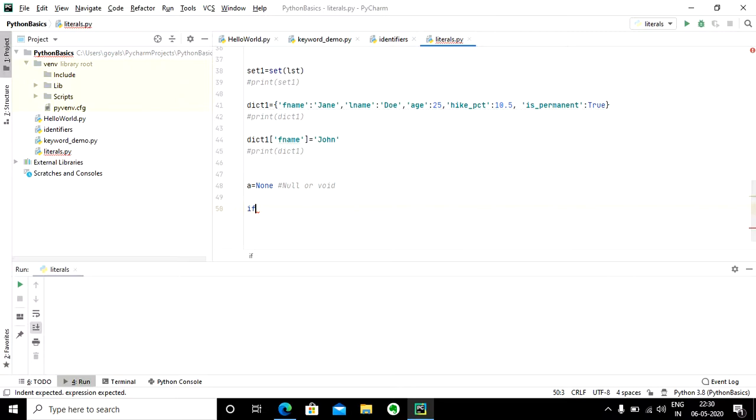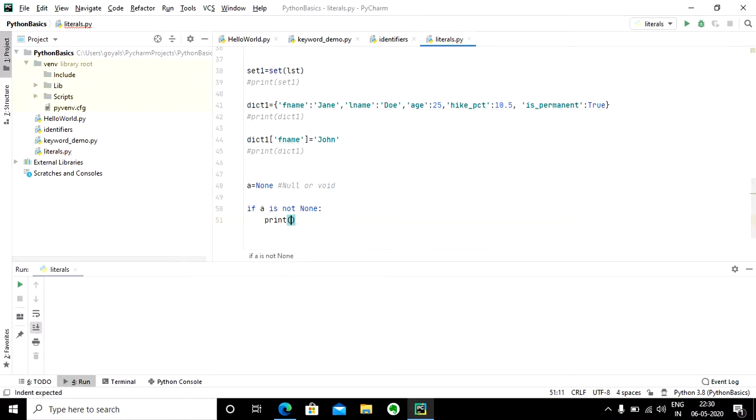If the process has returned something, only then I want to process my data. Then in that case, what I can do, I can check if a is not None.